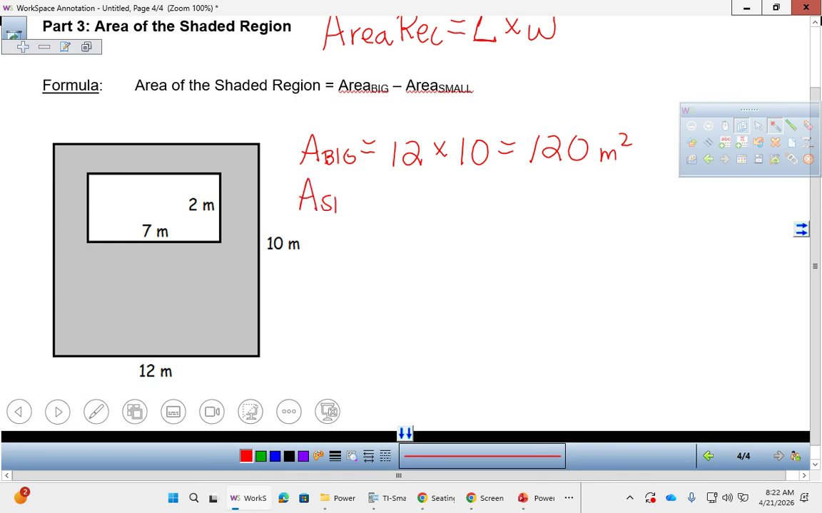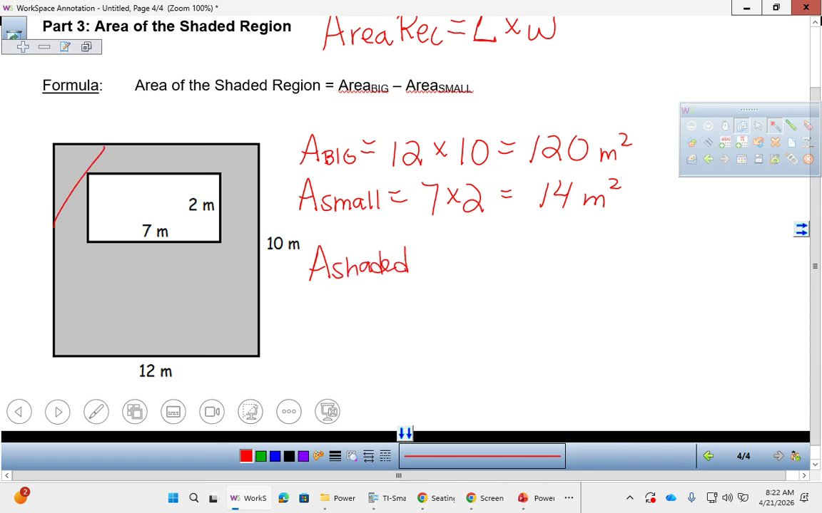All right? Area of the small. Now I'm looking at the smaller rectangle that's inside. 7 times 2, or 2 times 7, the order doesn't matter. 14 meters squared. So the formula for area of the shaded region,